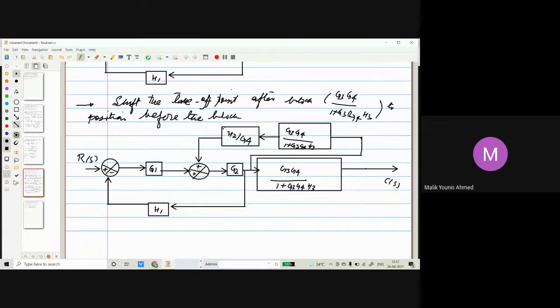So what will happen in the formula? This will be multiplied. The feedback loop will be, just a second. We are getting something wrong here, I think. If this has to be,